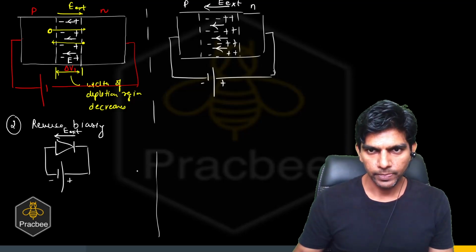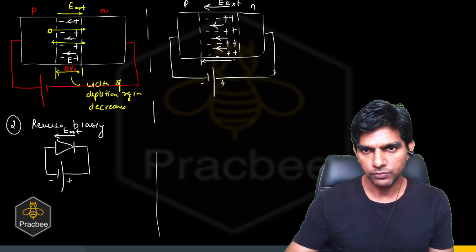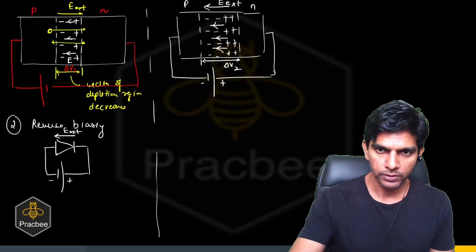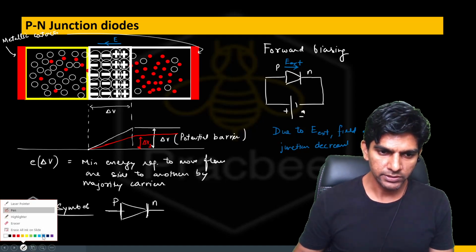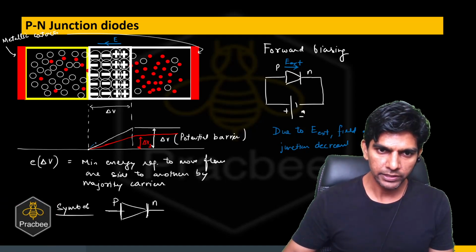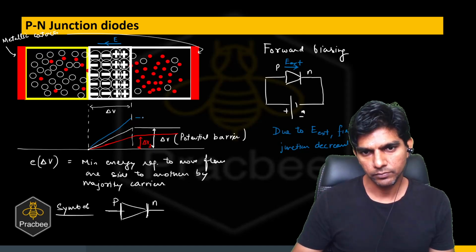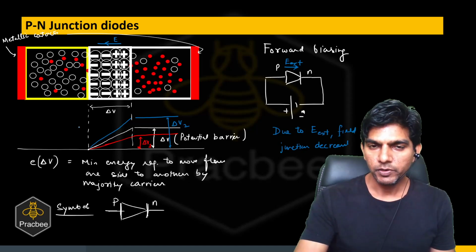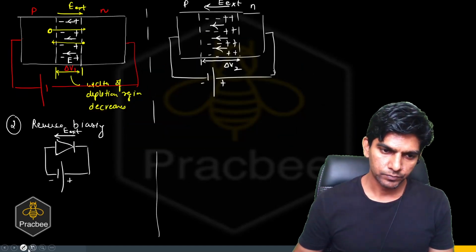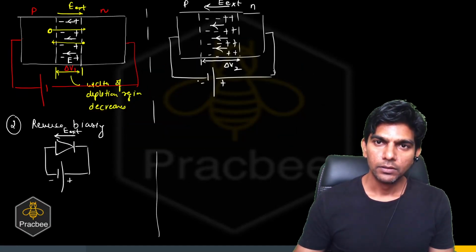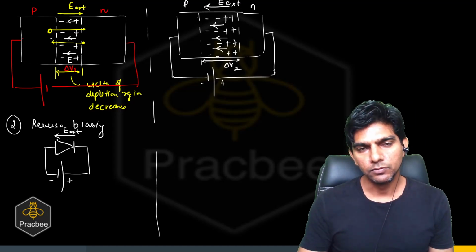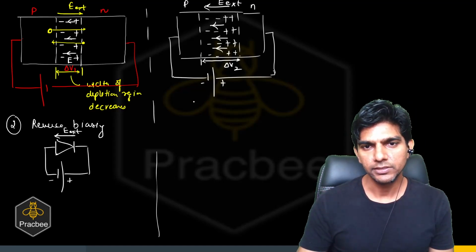If the potential difference now is delta V2, this can be shown on the same diagram like this. This will be delta V2. Now it will be even more difficult for majority carriers to move from P side to N side,